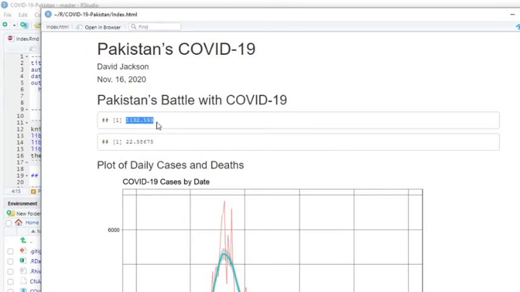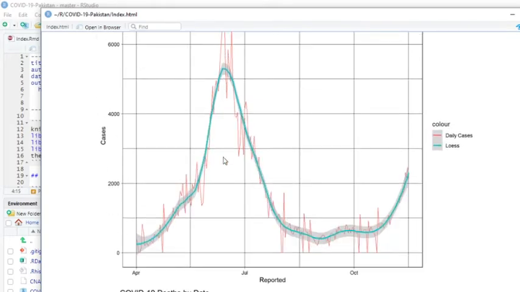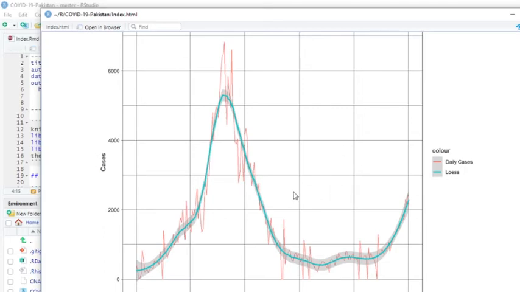1,132 cases per day in Pakistan, 23 deaths per day in Pakistan. Now, if you look at the cases by death, you had this huge long decline and a really low period when the cases were below 1,000 per day. But now they're starting to climb back up. And this is obviously a concern, because it would appear that maybe this is about halfway between this and this. So this is a problem.